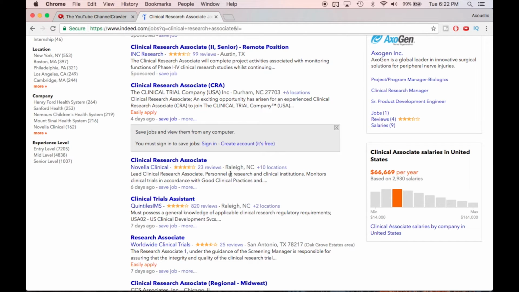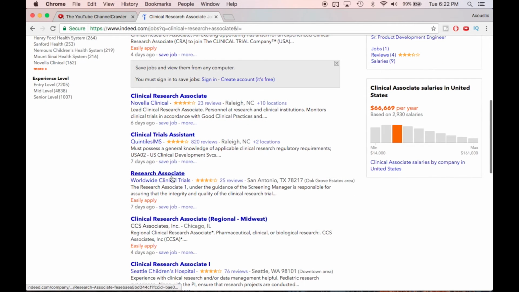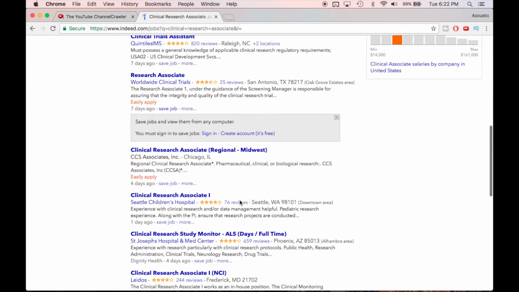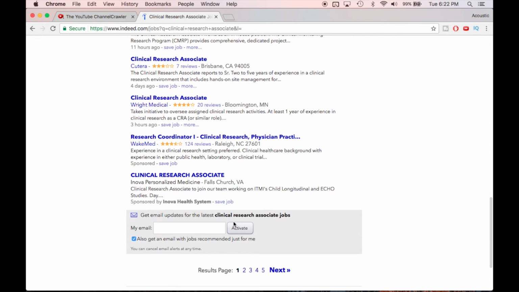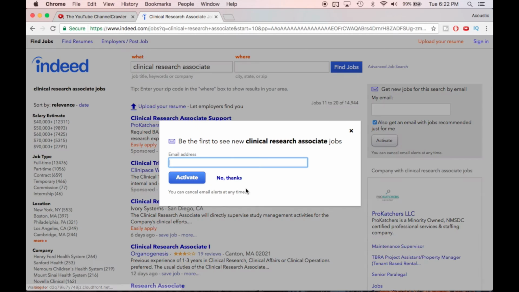So that's the technique we're going to use today. Speed is the game with this. So go down here, worldwide clinical trials. Even if you're not open to moving there, I would just save it. Just go all the way down, save all of the easy applies for sure, because that's going to be the technique we're going to use. So come through, and obviously